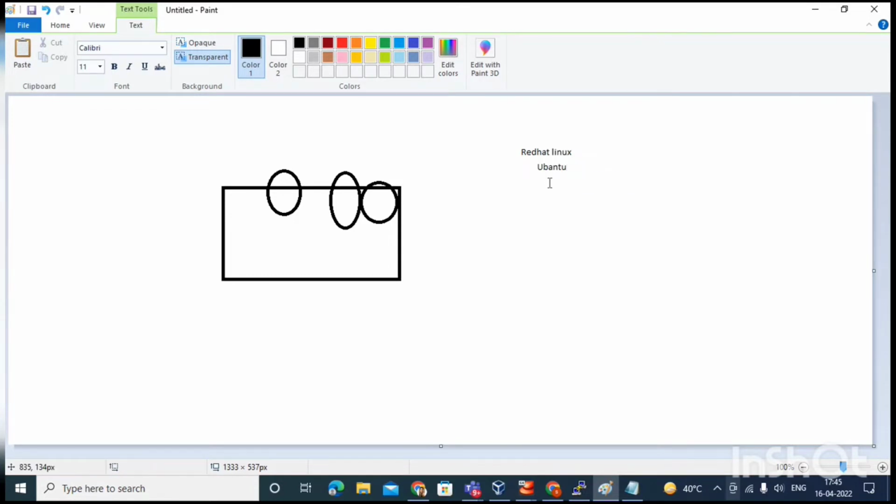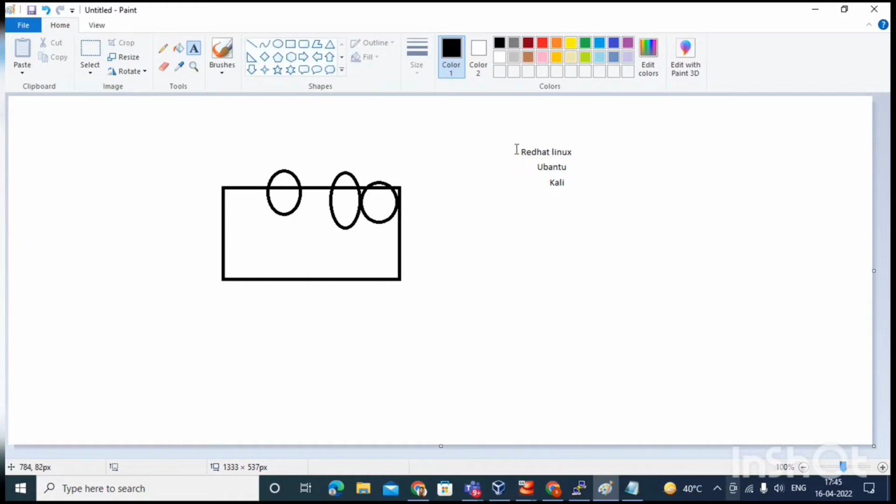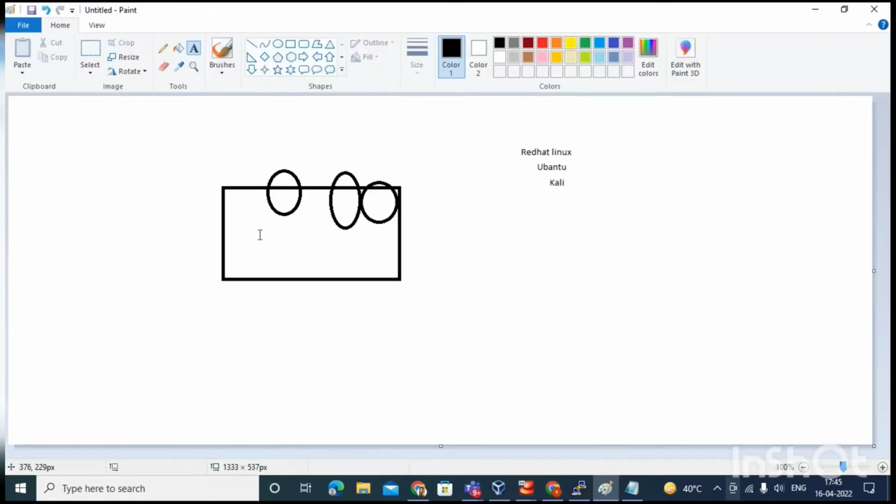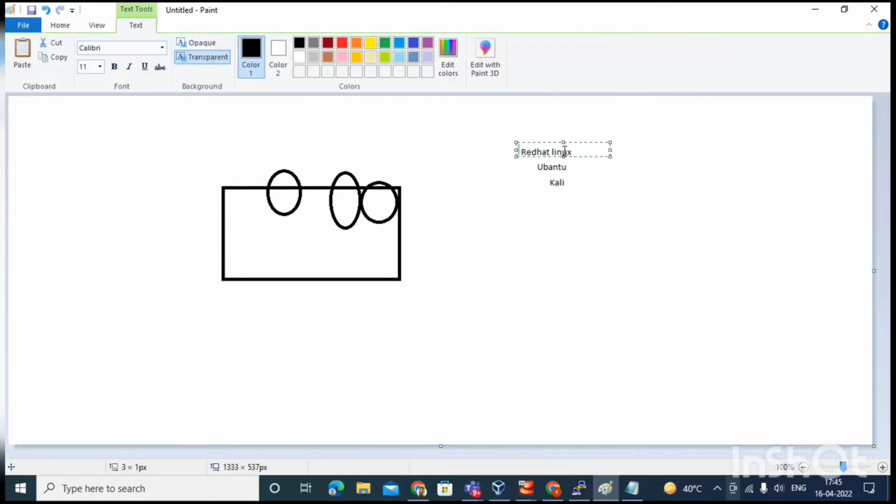Ubuntu. We have the Kali. So what are they? Very simple. Behind the scene, the base of all of them is Linux only, which is open source. But above that, they just pre-install some software. Or if we are using Red Hat Linux, whenever there would be any issue in this Red Hat Linux, we can just